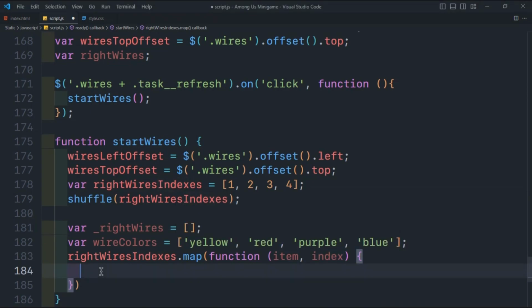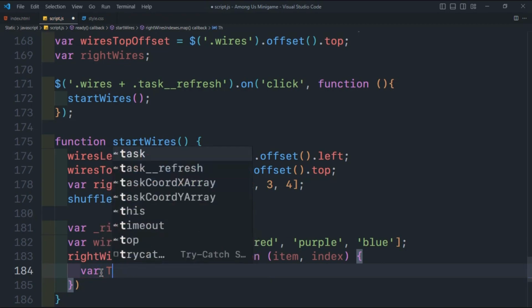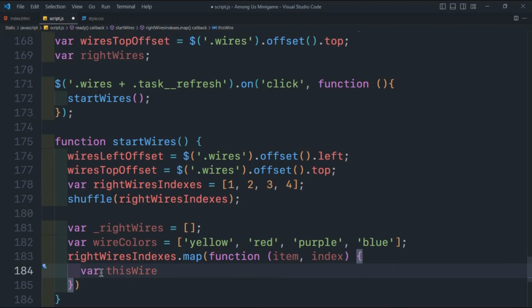Inside of the function we will add variable this wire, and then we will call in wires back right, and we will call in wire nth child, plus index plus 1,